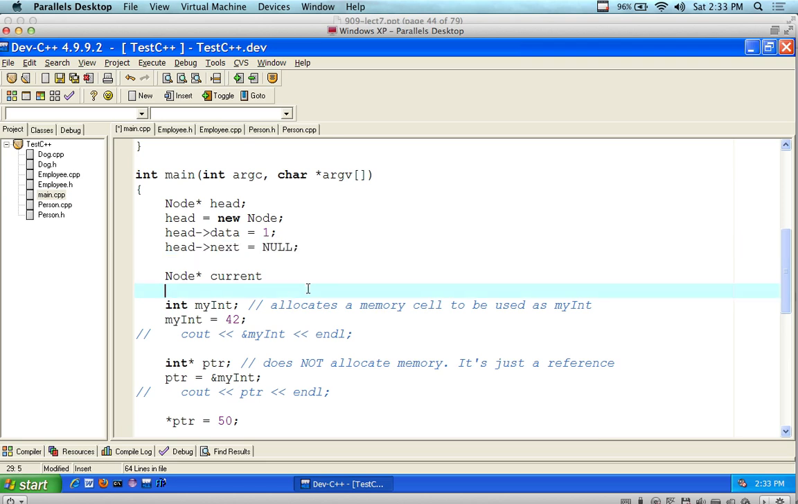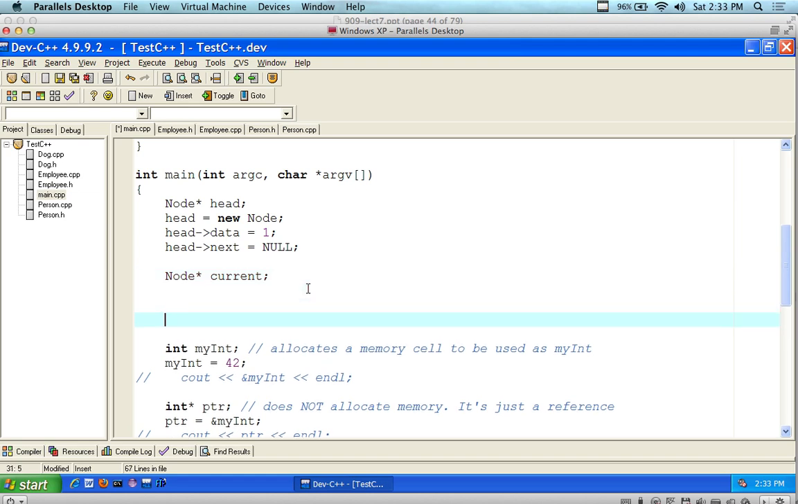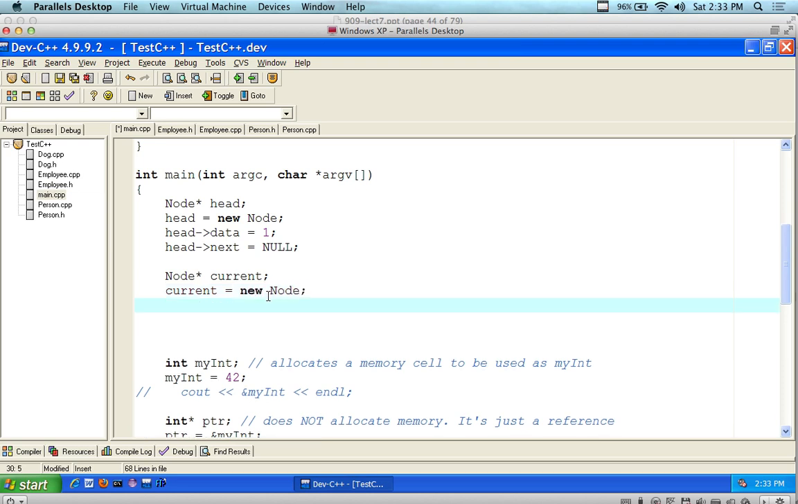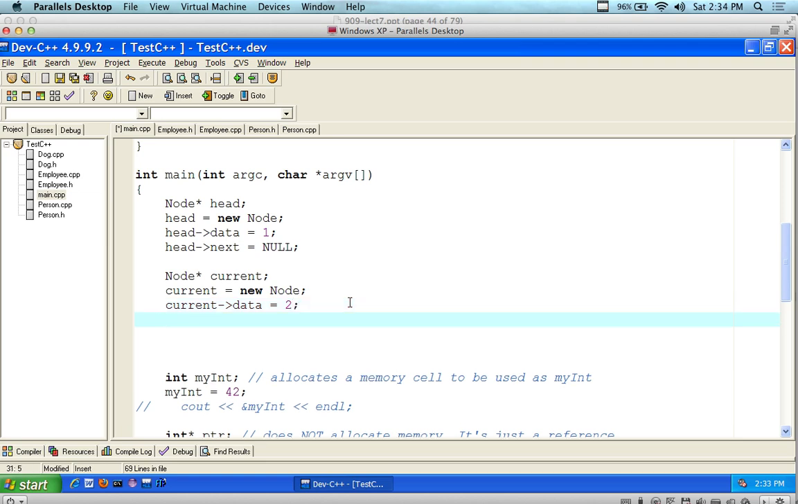So if we have node current, and then let's say current is going to be equal to, we're going to have a lot of repeat here in the code. I could cut and paste it, but current is equal to new node. Then current dot data is going to be equal to 2. This is item number 2, right? And then we're going to have, let's say, for example, current next,